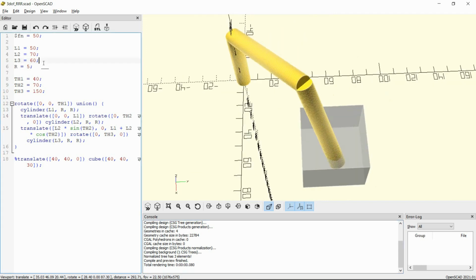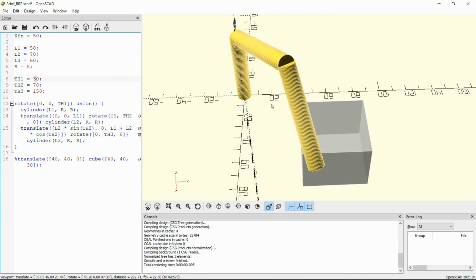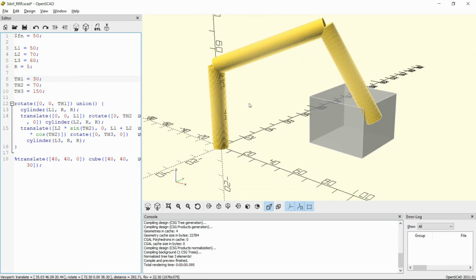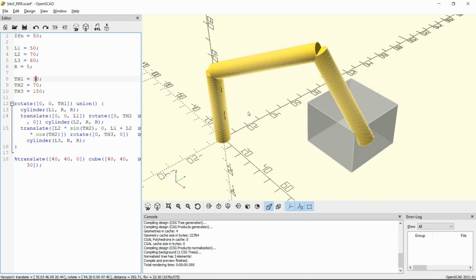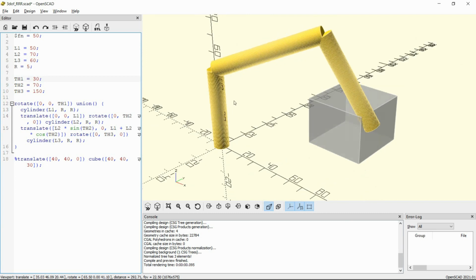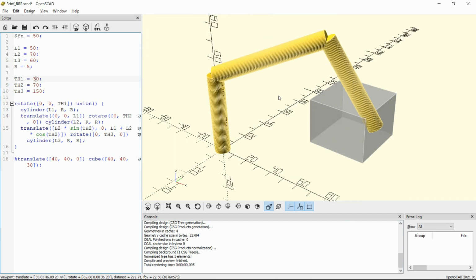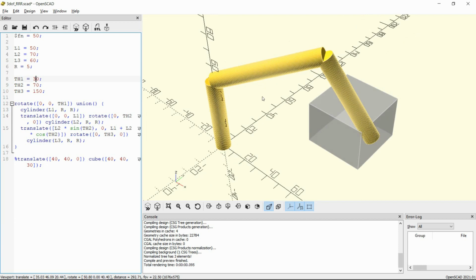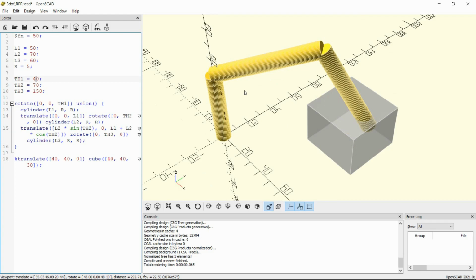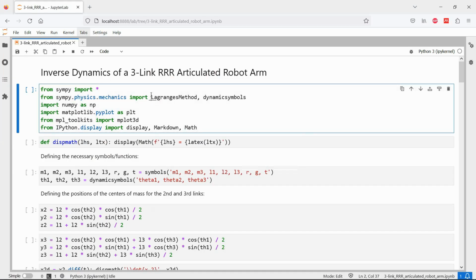And of course you could modify those angles as you wish, and it would be displayed in a different position here. So this is just here so that you can have an idea of what it looks like or might look like. Okay, so we're treating those links as cylinders. So not as slender rods, but cylinders. That's a bit more complicated, but not too complicated, so don't worry about that. Anyway, let's go back to Python,